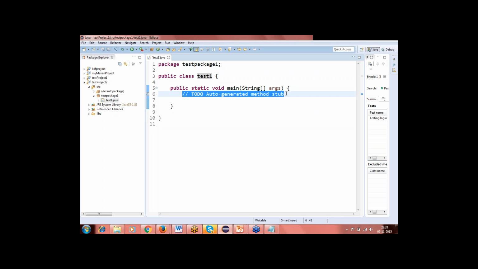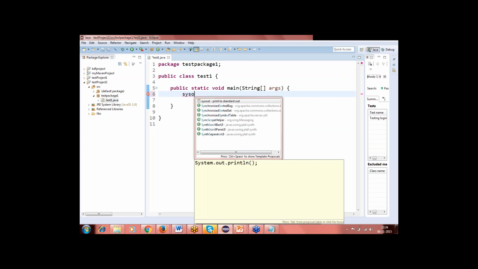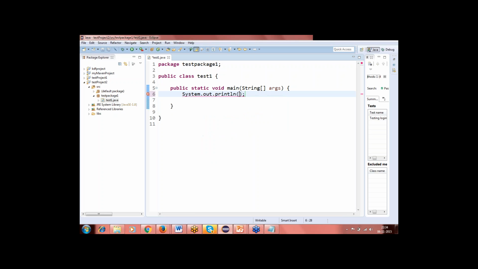Before we go and configure it for the WebDriver, I'll just write one simple command over here. Say syso. If you type system.out.println rather, this is what it is going to come. And anything that you want to print right now, I would say first. Till now we have not configured WebDriver. It's all just Java. First Java program or something. You can just put some message which is going to be displayed on the console,